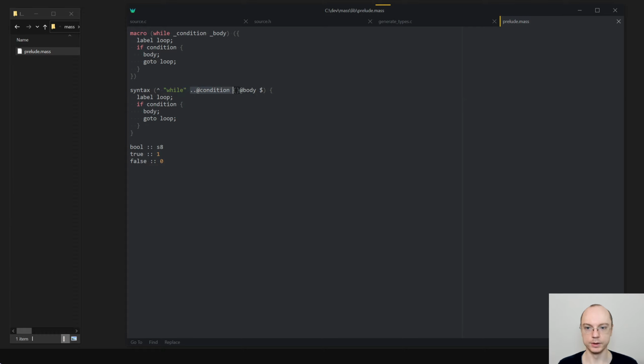Then you can sort of get a match. And the way this is gonna work is we are gonna look ahead, searching for this stuff, and whatever we capture, we will just put into here.